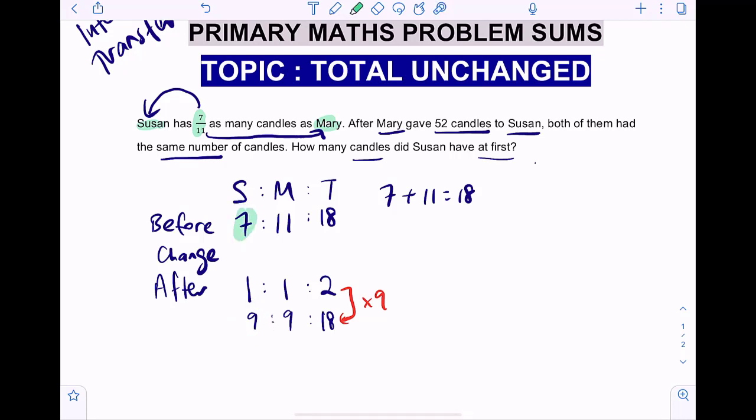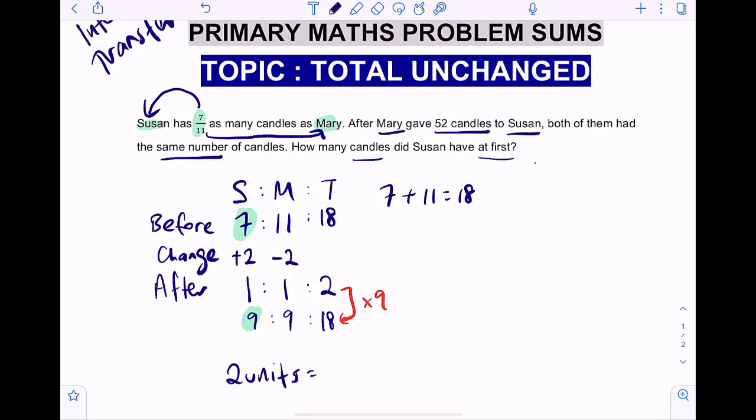Alright, so we focus on this part here. Basically, you're adding 2 units for Susan. Mary, 11 became 9. You are taking away 2 units. Why is that so? Because Mary gave 52 candles to Susan. So that 2 units must be 52 candles. So 2 units